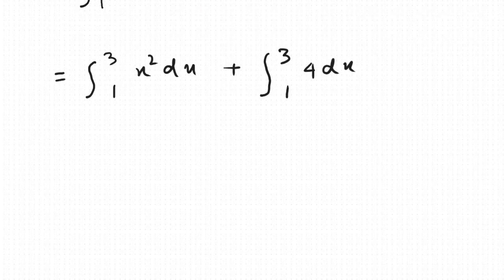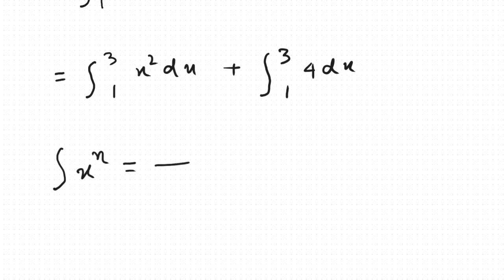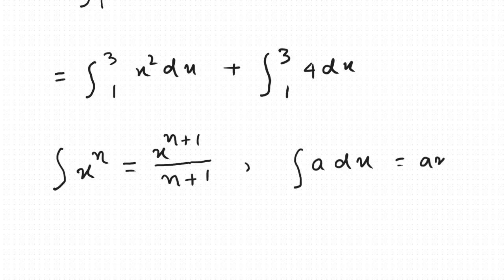We know from integration rules integration of x to the power n equals x to the power n plus 1 divided by n plus 1. We'll apply this rule for the first part, and next we again know integration of a dx equals ax. We'll apply this rule for the second term. So we get, by using these two rules,